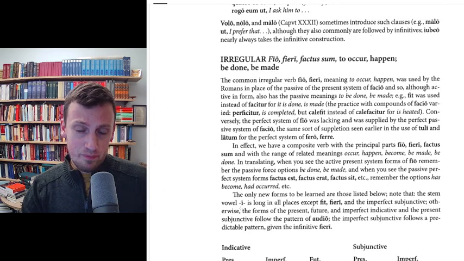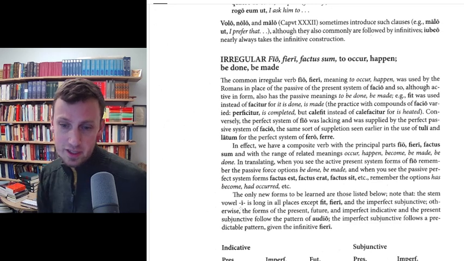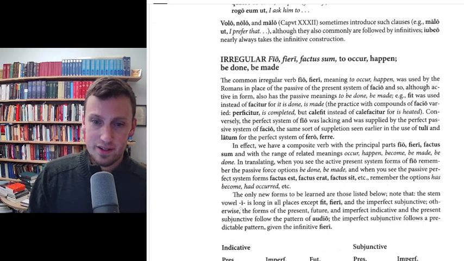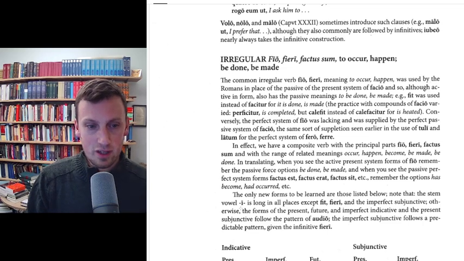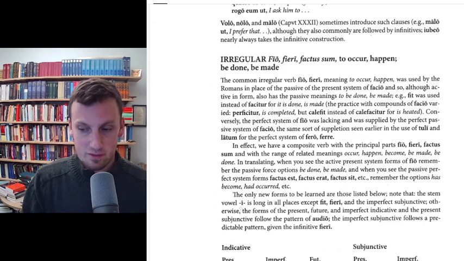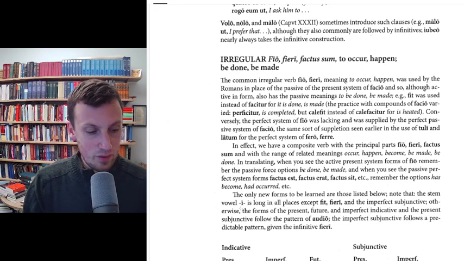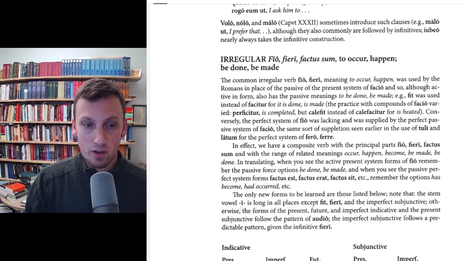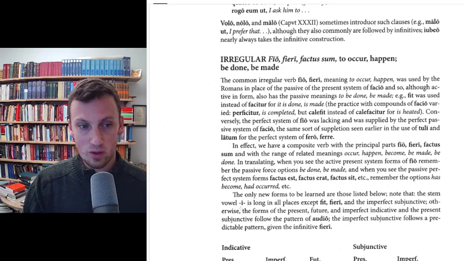Fieri factus sum. Okay, so we probably talked about this before, but this is something called a suppletive verb. A suppletive verb is a verb that doesn't have all of its parts of its own, so it borrows parts from other verb forms, some of which survive in the language and some of which don't. In English, the example that I always use is that our verb to go has lost its past tense. It no longer has a proper past tense, so it borrowed the past tense of the verb to wend. So you say, I go to the store, and I went to the store, which is the old past tense